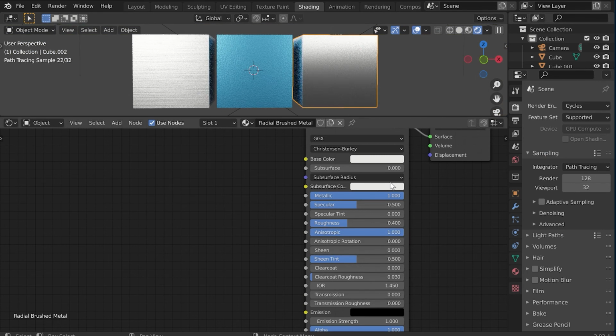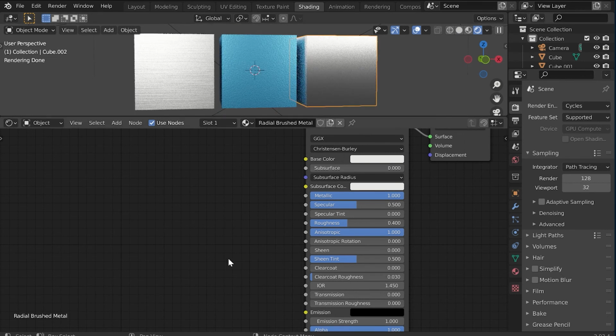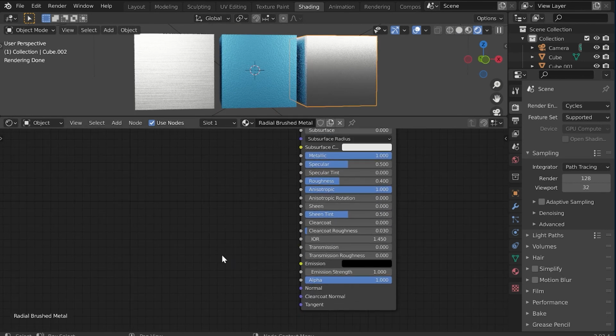Maximize the anisotropic parameter. Add a tangent node and set the pattern center direction to the y-axis.